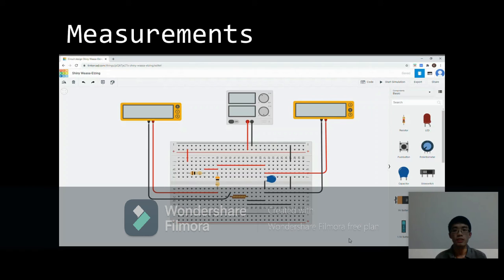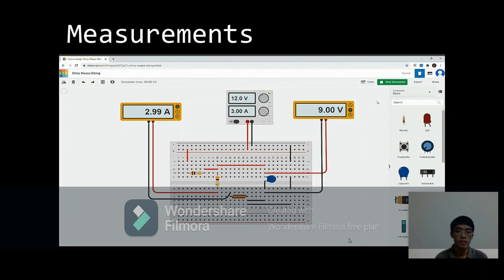And here are the measurements that I took. So let's have a look at the measurements. So you'll notice when I start the simulation, the current and the voltage slowly rise. This is because the inductor is slowly building up its magnetic field with the current flowing through it. So therefore, the current and the voltage will actually stop at a certain value when the magnetic field across the inductor is at its maximum,